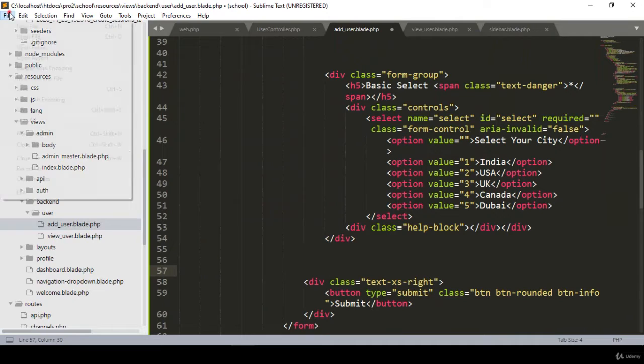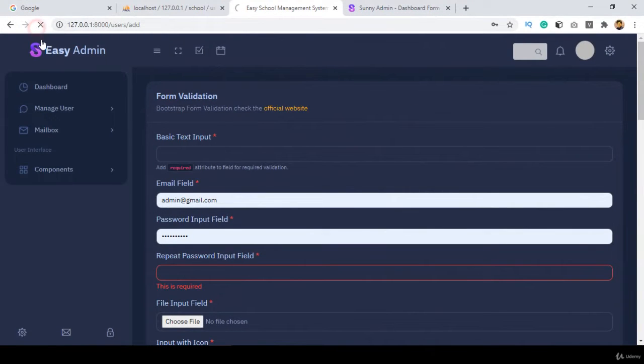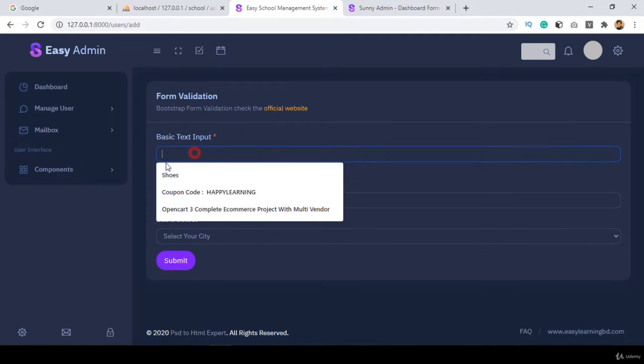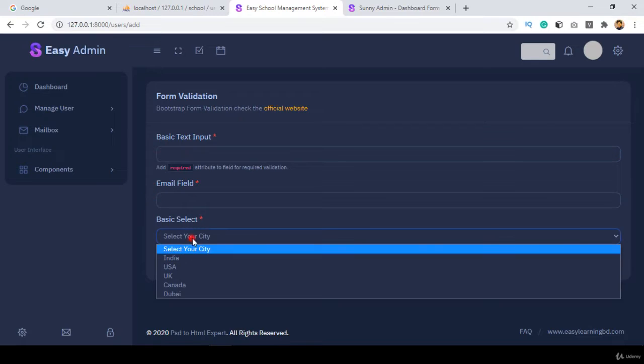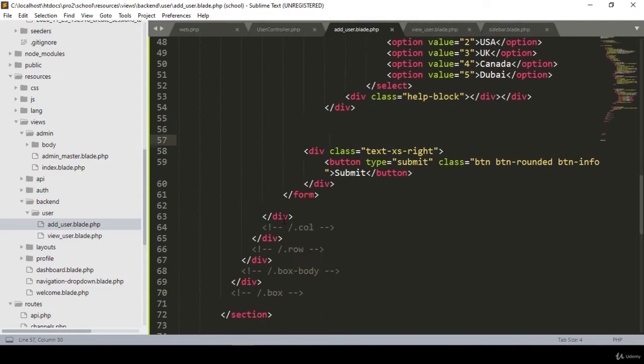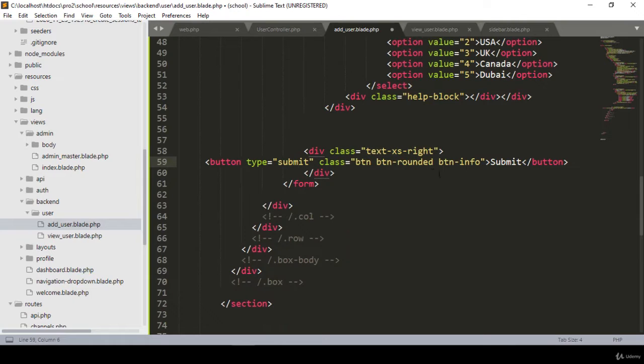First of all, I want to check it, click as save all, and now refresh it. Yeah, perfect. You can see there is our input field will be needed, there is another input field, and there is a select form. Okay, so right now there are the things I needed, and there is a submit form. Here there is actually a button. I don't want to use this button. Here I want to use one of the a href. Okay, I want to use the a href. I simply remove it, and here I take one of the input field